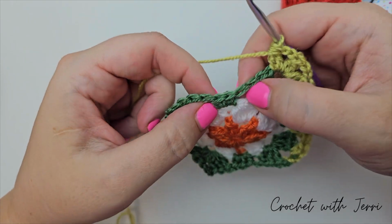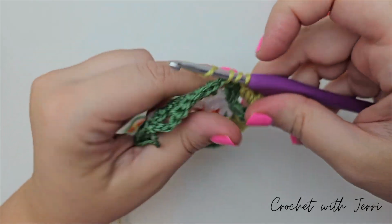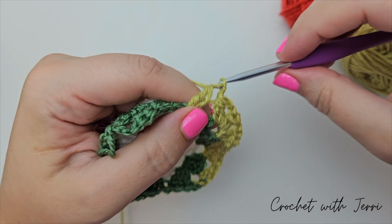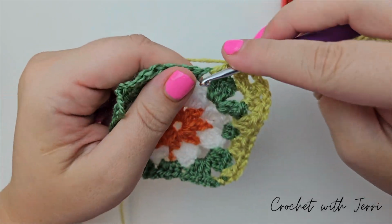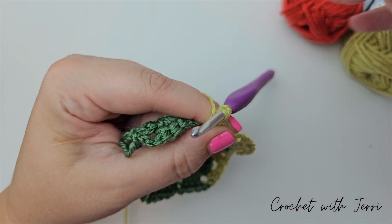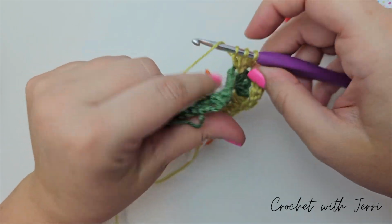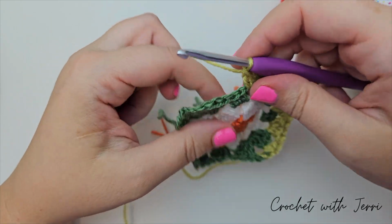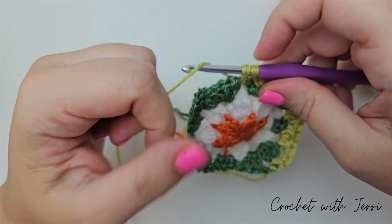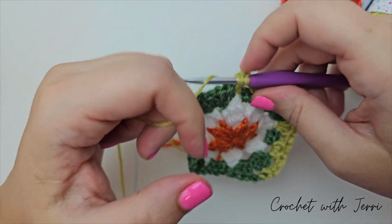Continuing on with this round, into the next space, it's treble 2 cluster, 1 chain, treble 2 cluster. Pull through 2, pull through 2, pull through 3, 1 chain, 1 more treble 2 cluster into this space, pull through 2, bear with me, I've got a hair, yarn over, pull through 2, pull through 3, and now into the next space, treble 2 cluster, pull through 2, pull through 2, pull through all 3, chain 1, another one, pull through 2,